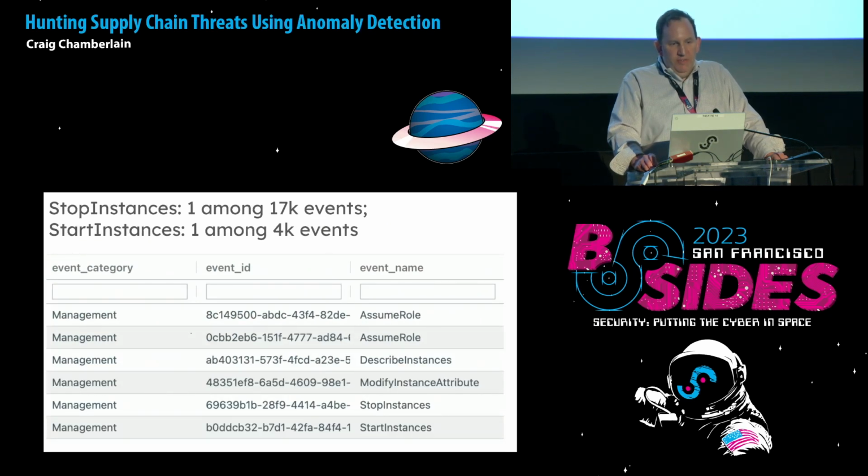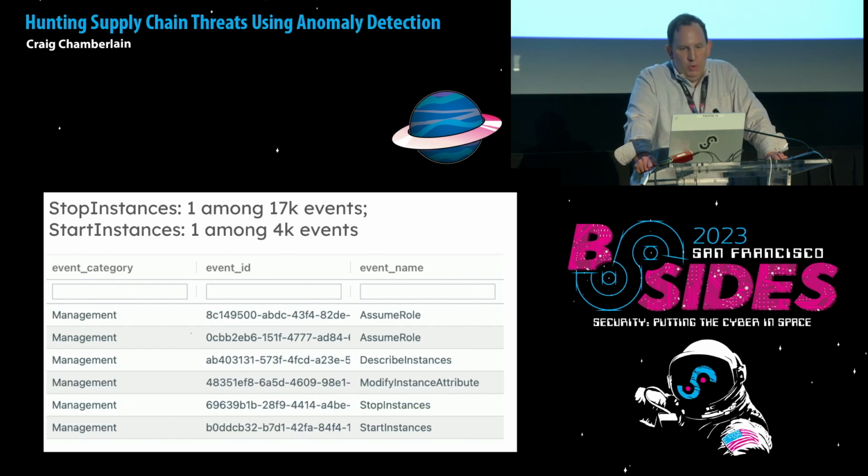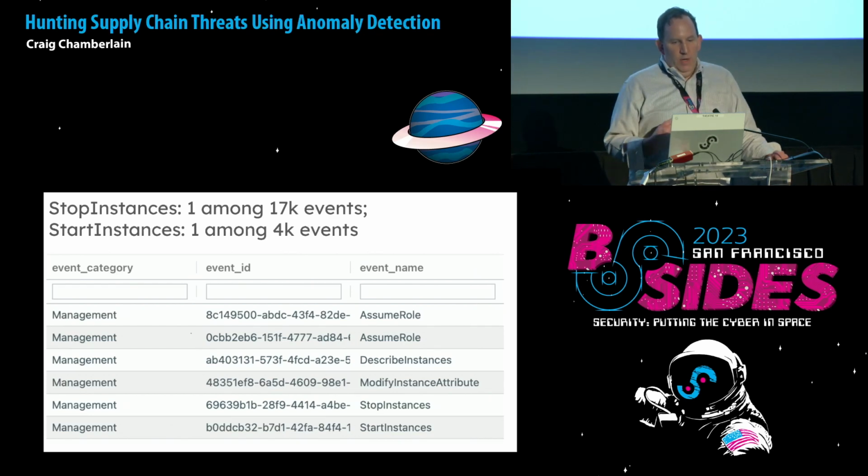There were also a couple of start and stop instances events, which were a little troubling because of what those do. A start instance will start a virtual machine. A stop instance will stop a virtual machine. The reason it's